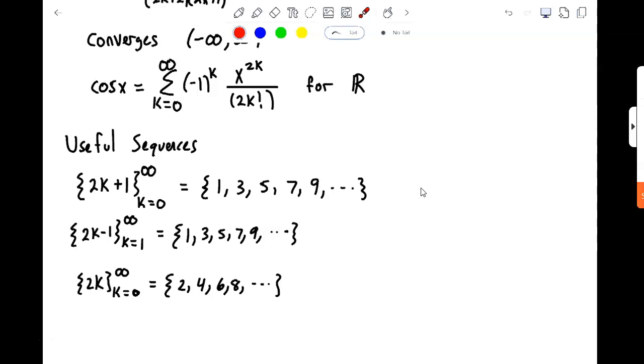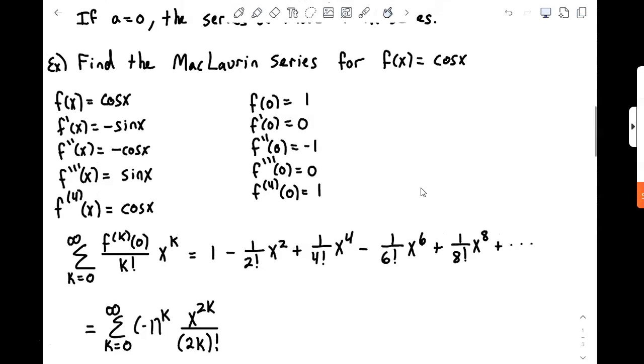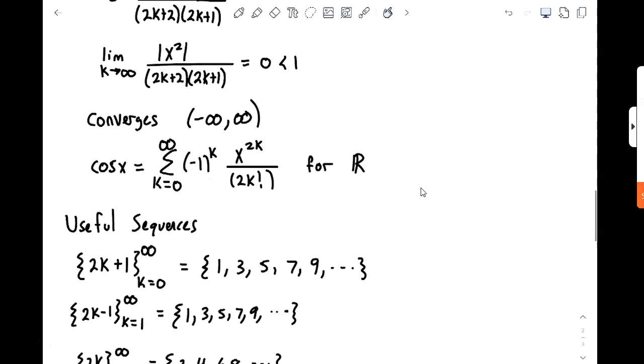Well, using our knowledge from before, we could build, just like we did for the cosine, a Maclaurin series for sine using the derivatives of the sine function and looking at our coefficients. Or we could use the cosine